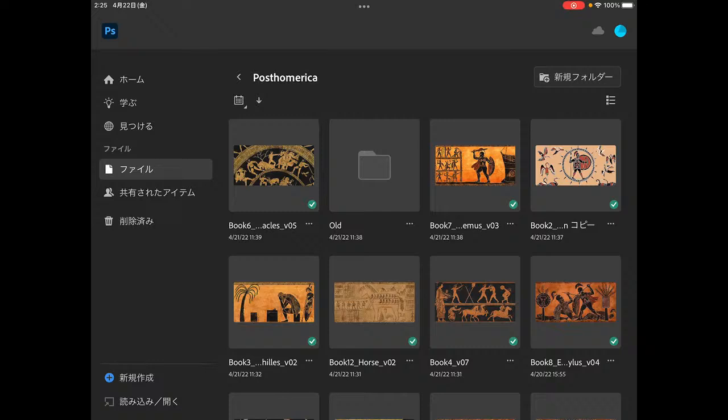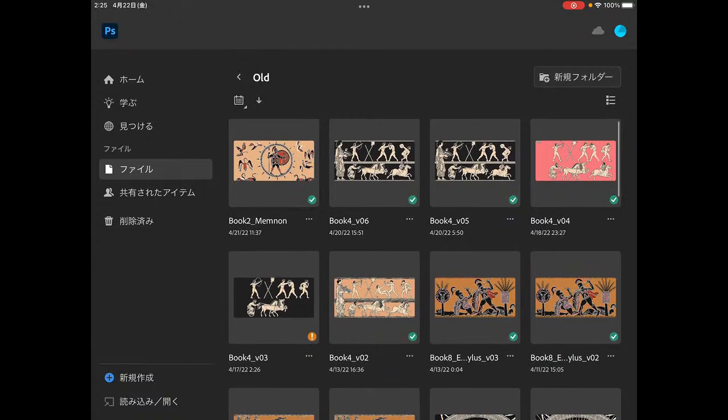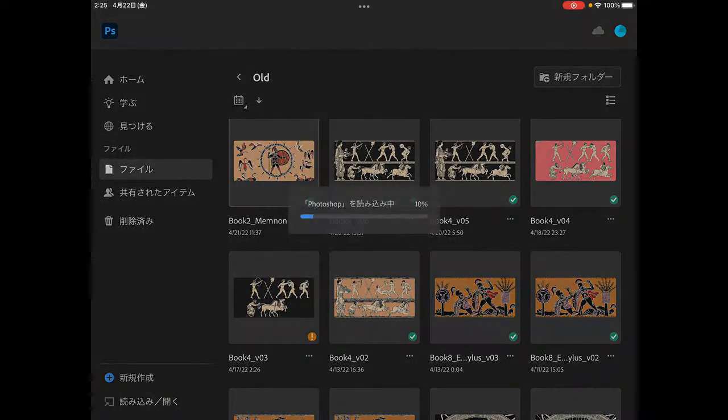We're doing more of our Posthomerica artwork here, and we're going to start doing the finishing process for the last picture, which, as it turns out, is actually one of the first pictures that we worked on, but we saved the finishing until last because we want to do a few things. So first of all, let's just check that we've backed this up. Yep, so that's our MEMNON chapter backed up. What we're going to do is copy the